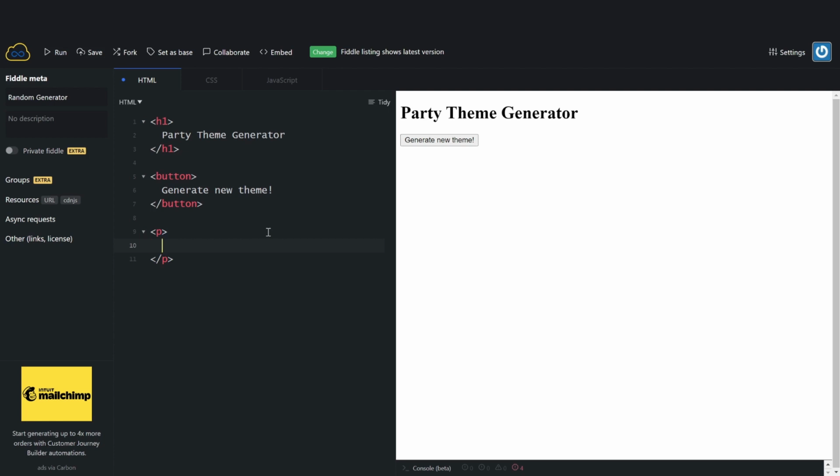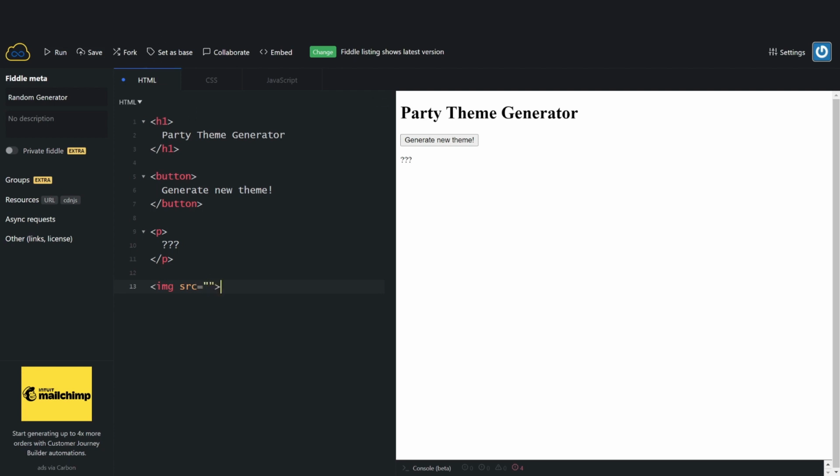We then need a paragraph where we are going to put the result of what we click on the button. So I'll tab in again, and we're going to replace that text with something once we press the button, but for the moment I'll just write question marks there. And the final thing we need is the picture down the bottom. So I'll say image source equals,